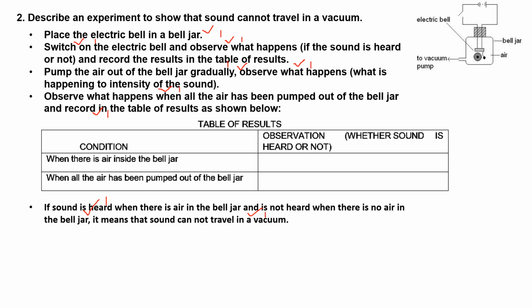So don't make a conclusion that says it will be observed that when air is removed from the bell jar, sound is not heard. What I'm saying is, avoid saying it will be observed that. Such conclusions are not acceptable. All right? Your conclusion must start with if. If sound is heard when there is air in the bell jar and is not heard when there is no air in the bell jar. That's how you conclude